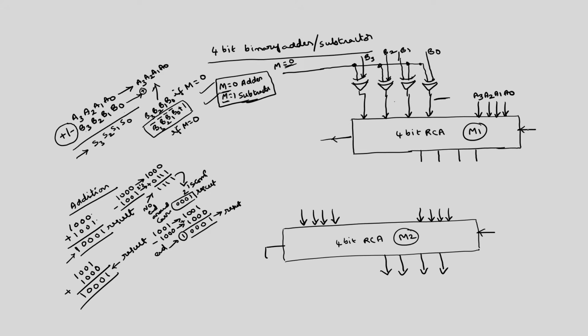So, what we will do is, if M is equal to 1, I need the 2's complement. Okay. So, the same M we can connect to here. Clear? So, M is equal to 1. So, here it will give the complement of these values, at the same time it will add 1 also. So, that you will get the 2's complement of B3, B2, B1, B0, which will be added to A3, A2, A1, A0. Okay.